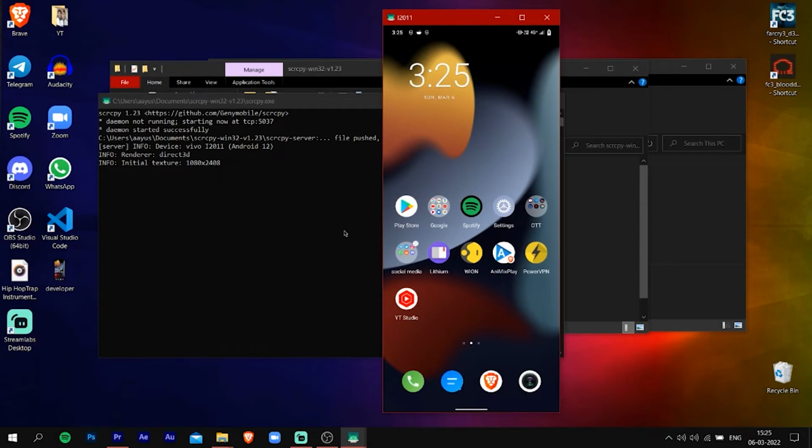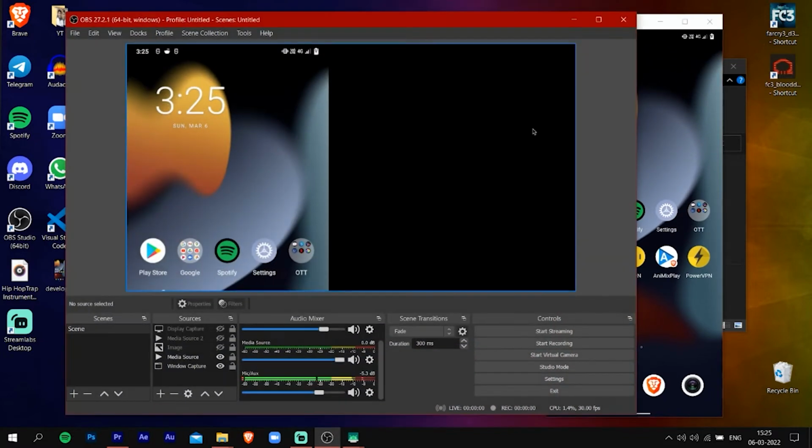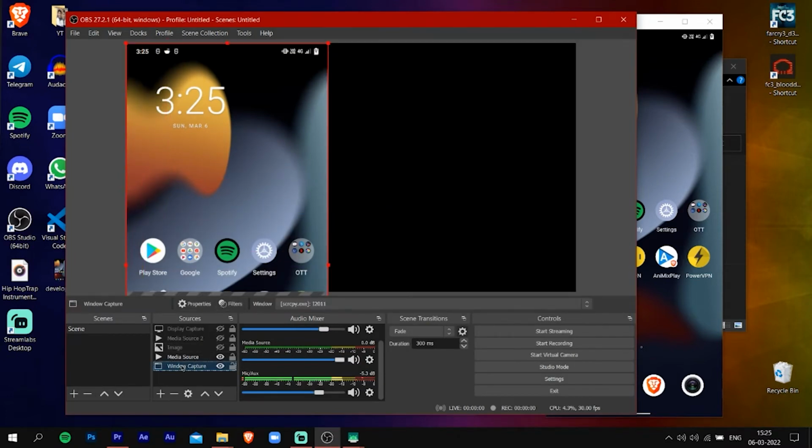It will be around 30 milliseconds. On the home screen it's really low, but when you play the game, the latency is going to be a bit high, but you have to bear with it because you don't have a 4K 60 frames Elgato. Now when you've opened OBS, I'm just going to remove my window capture